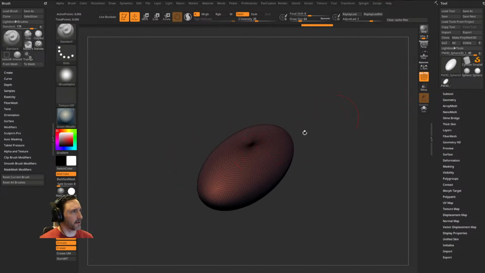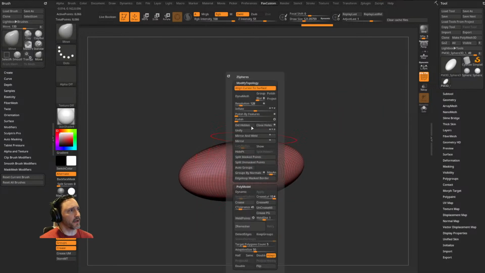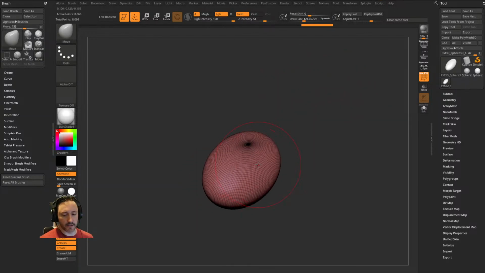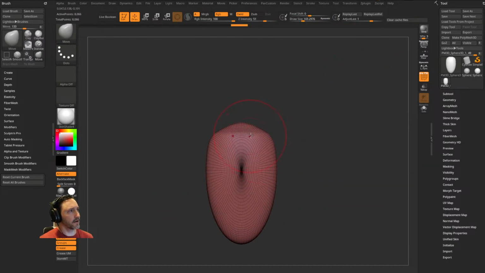In fact, if I'm going to have my Polyframe on, let's turn this to Skin Shader. We'll go in here to the standard materials and swap it out with Skin Shader 4. Then we're going to tap X to go across X symmetry, which is under Transform, Activate Symmetry across the X. And we're going to make a foot shape. So here's the front of my foot, and then from the bottom here,